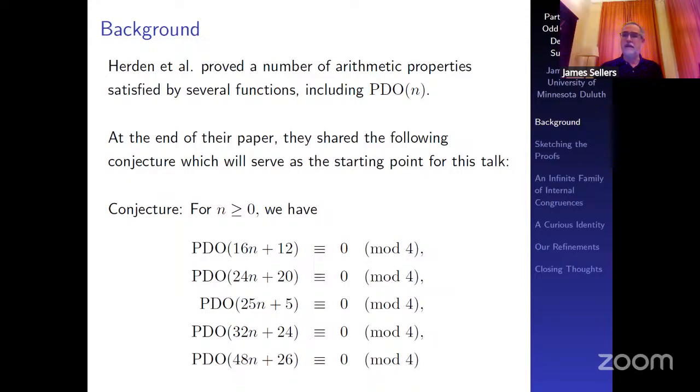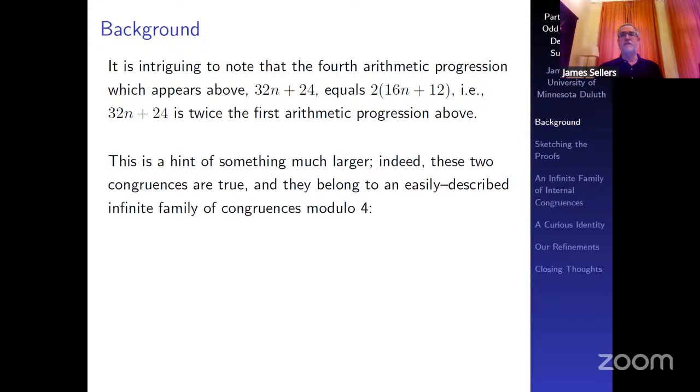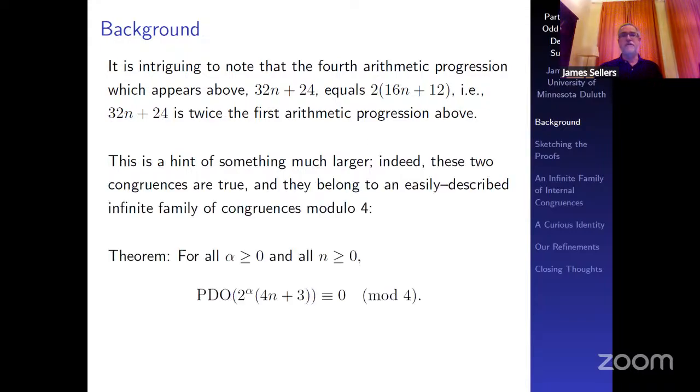And indeed, that is the case. And so when I get to the next slide, I'm going to walk you through how that is the case. So I just made that comment, so I'll keep moving. It turns out that's a hint of something larger. And indeed, it turns out there's an infinite family of mod 4 congruences in non-nested arithmetic progressions satisfied by this